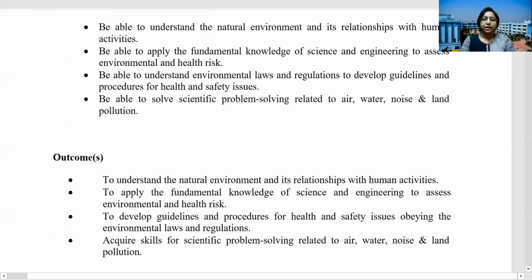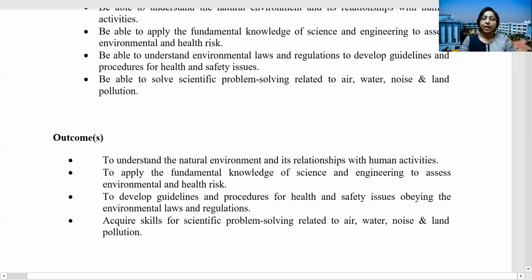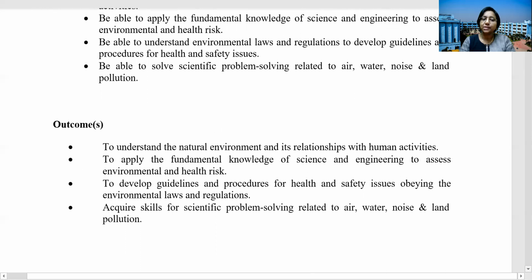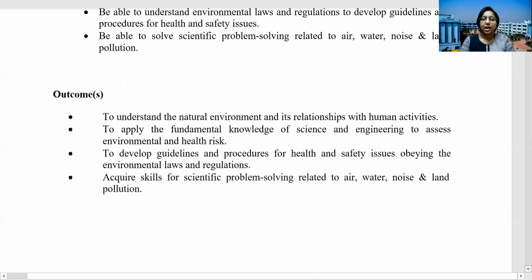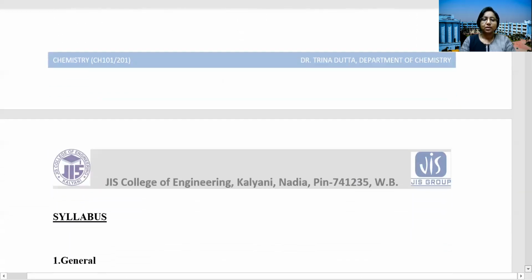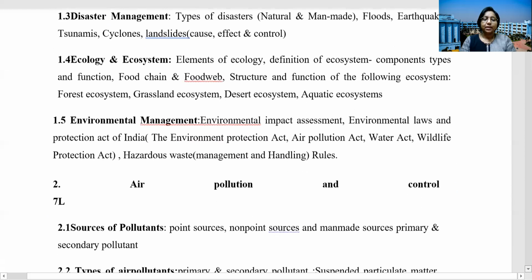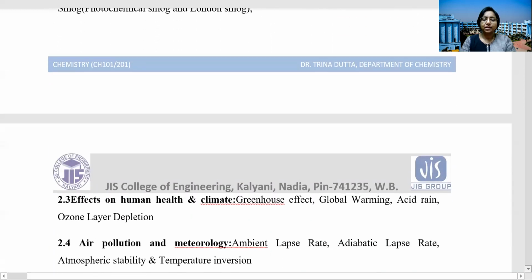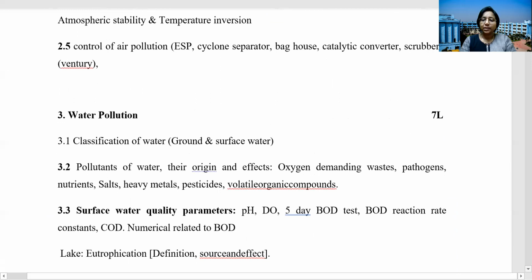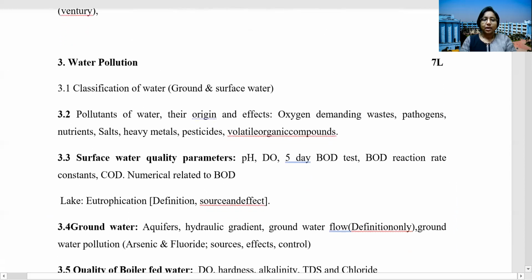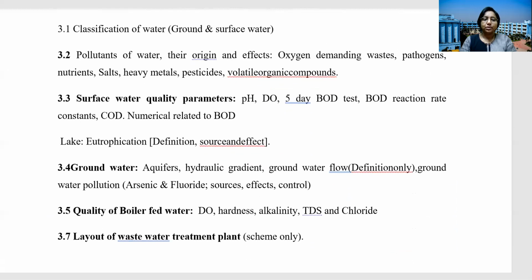So we can hope that the future generation, the future citizen, will be responsible enough to protect our Mother Earth. They will acquire skills for scientific problem solving related to air, water, noise, and land pollution. Here the entire syllabus is given. First the general part, then module 2, that is air pollution, and module 3, that is water pollution. And today I'm going to tell about the quality of boiler feed